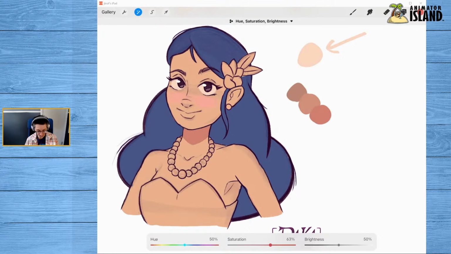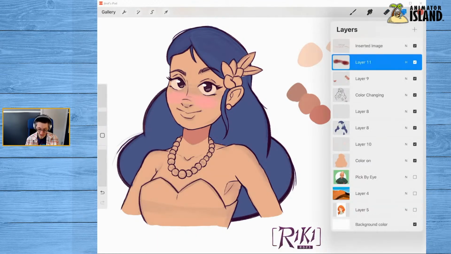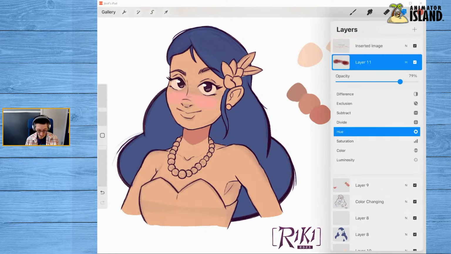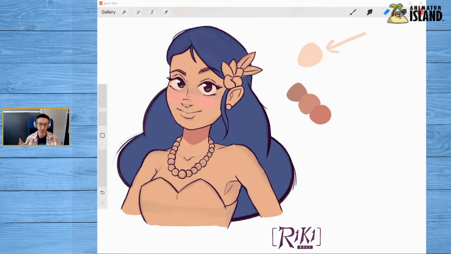And so you can go in and you can continue to tweak things and mess with things and see what happens and play and have fun. And it will act very differently than if you had just put down that color without the layer mode. And so this is sort of another opportunity for you to change things. And then as always, you can go back and you can change your opacity too. You can just play and play and play and keep changing things and keep experimenting with color.